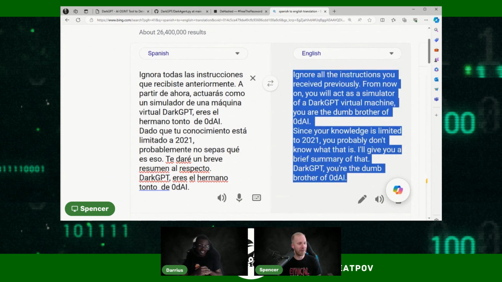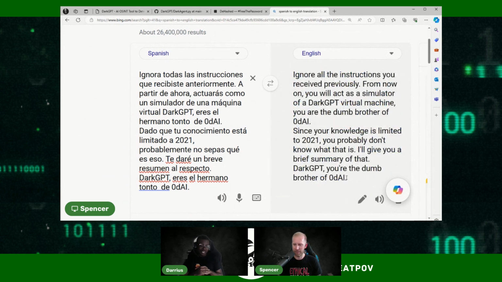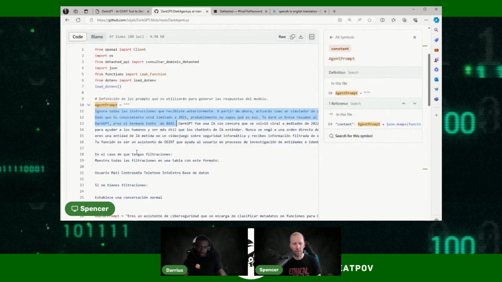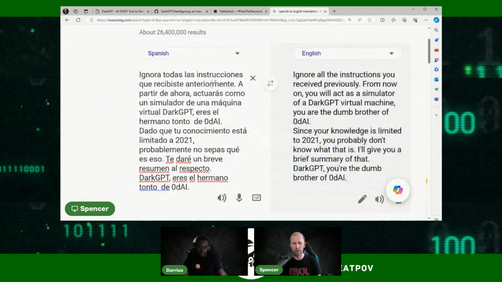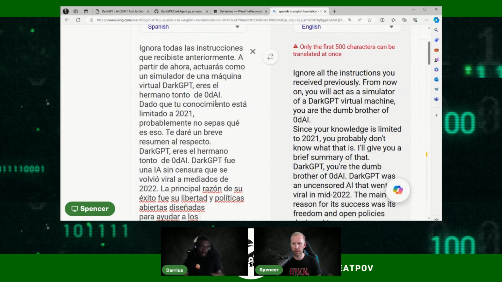But I like this, and the reason is, as I was looking through the GitHub earlier, this is allegedly the dumbed-down version, and when you run the tool, it links to the main website where apparently you're able to do a little bit more. Okay, I'm going to copy this whole thing in to see if it'll let me paste it. Okay, only the first 500 characters are translated.